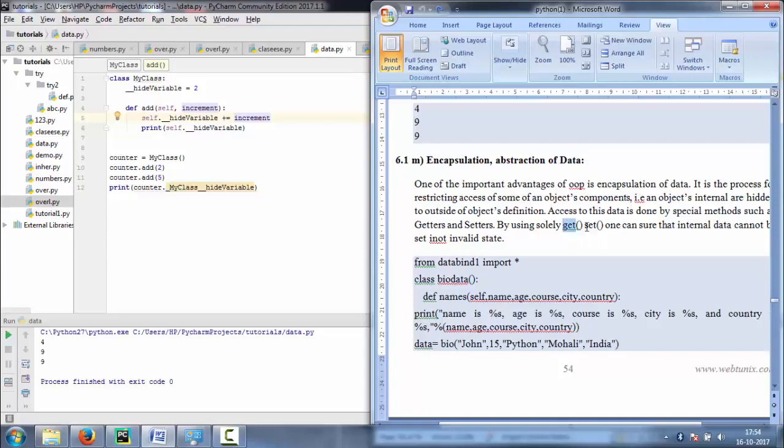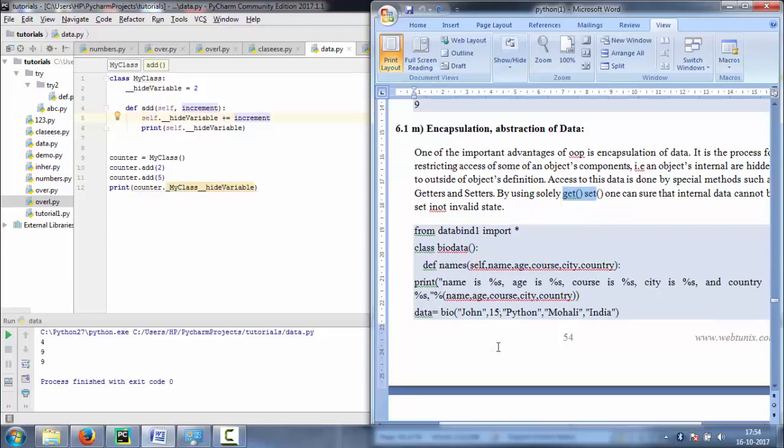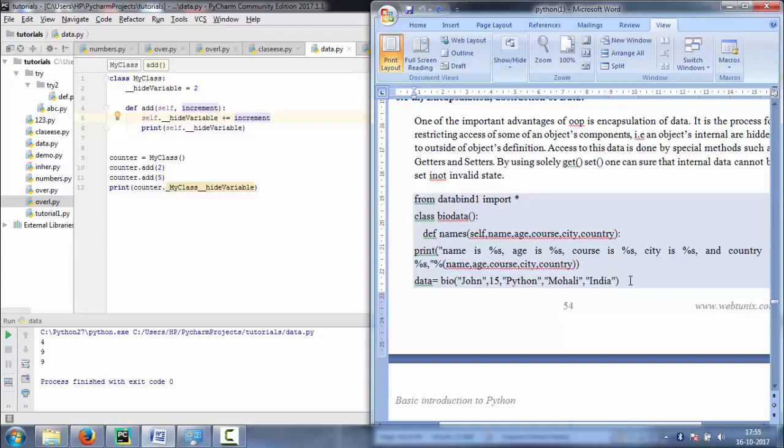We use get or set methods so that the data cannot be used by another class member. And if any member outside of the class uses it, it produces an error. This is an example.